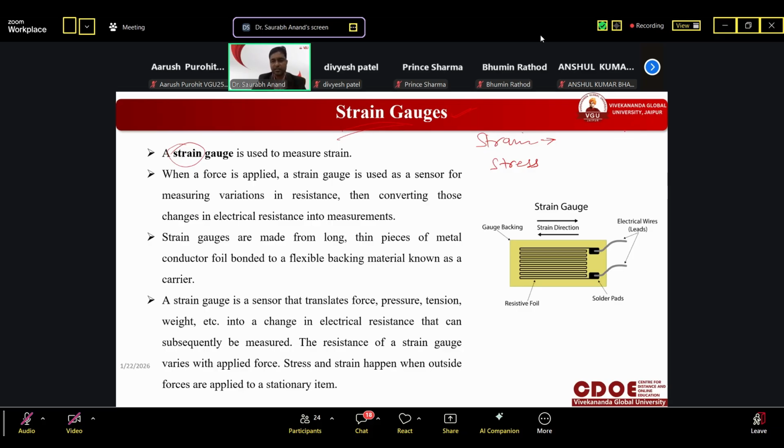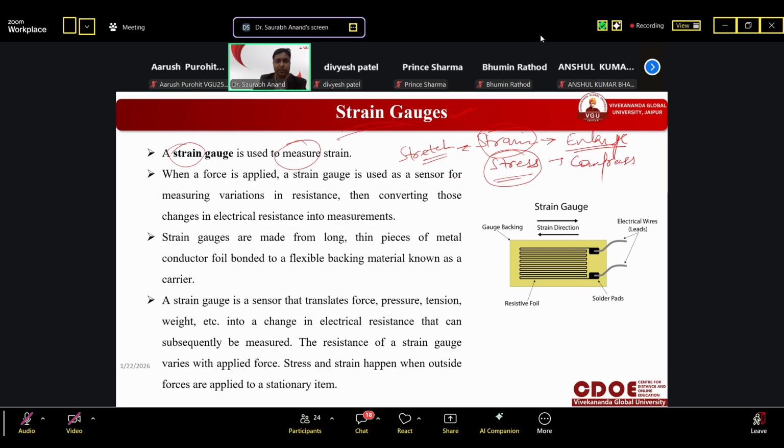So you can understand that strain is the enlargement and stress is the compression. Okay. So if we compress something, there will be stress. If we stretch something, that is strain. Stretch means if we are expanding anything. So it is enlargement. So this is strain. If something is compressing, then it is stressing. So strain gauge is actually measuring the enlargement of the material, the wire that we are using.